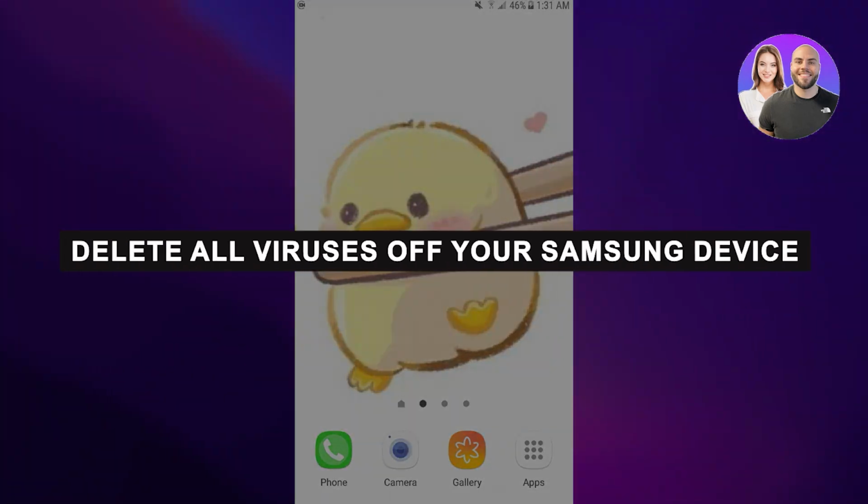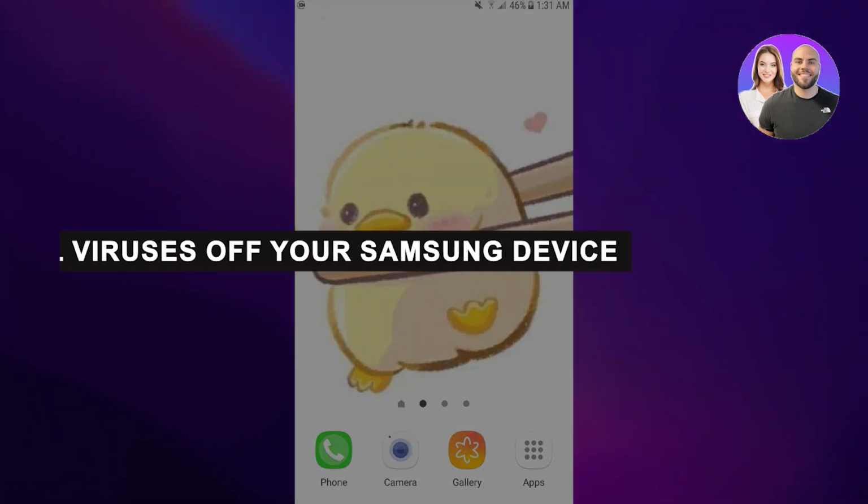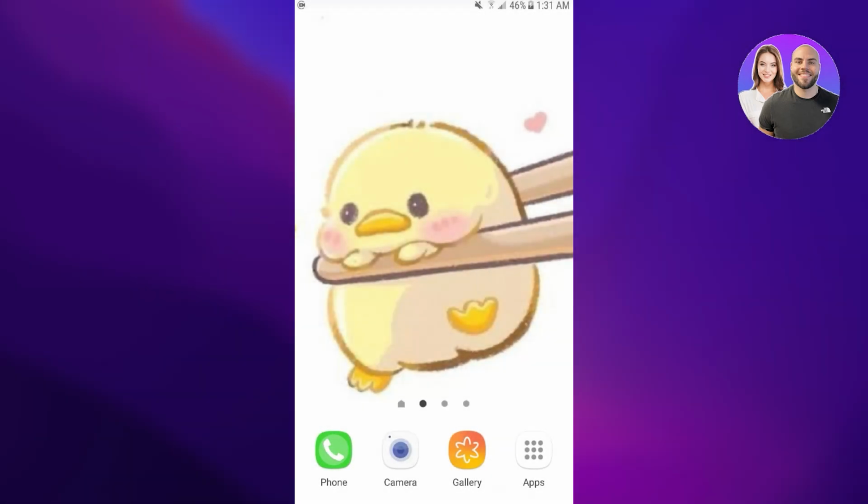How to delete all viruses off your Samsung Galaxy device. Samsung devices are built with strong built-in security through Android and Samsung's own protection systems. In most cases, what people call a virus is actually a malicious app, browser pop-up, or notification spam, not a real virus like on a computer. In this step-by-step guide, you'll learn how to completely clean your Samsung device, remove malware, stop pop-ups, and secure your